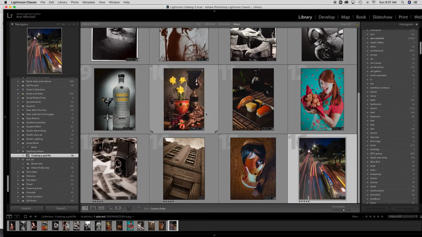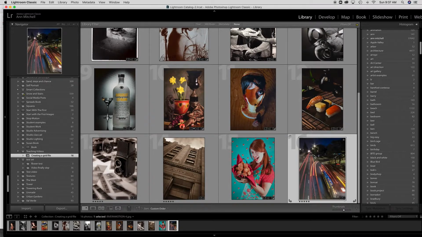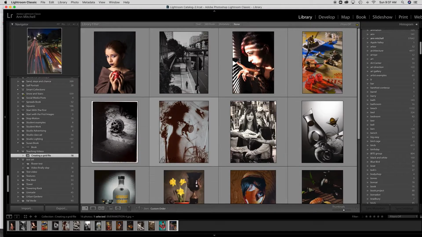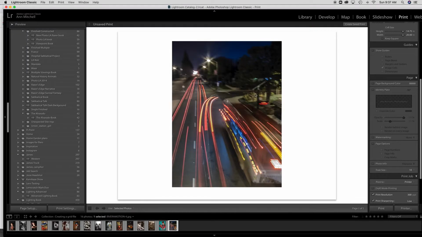These ones are kind of drawing the eye in, so that's not working too bad. Actually, this is a great image. I might want to pull that up a little bit just so we're a little bit more aware of that one. And so I'm going to start moving them around, thinking about where I want to start, where I want to end. I think I might want to pull her into there. And at the point that I think I like it, I'm then going to click on the print module.